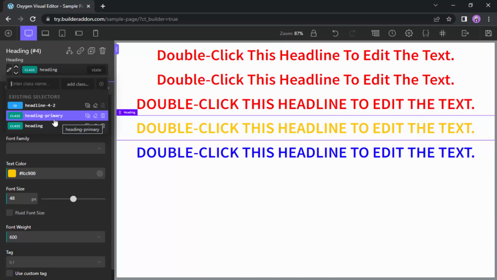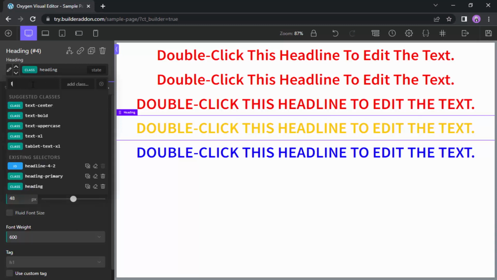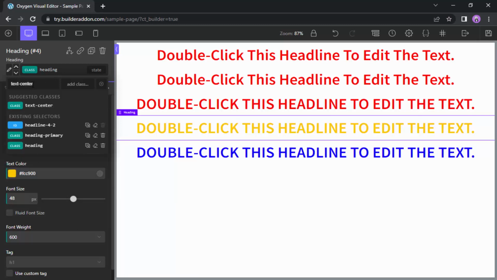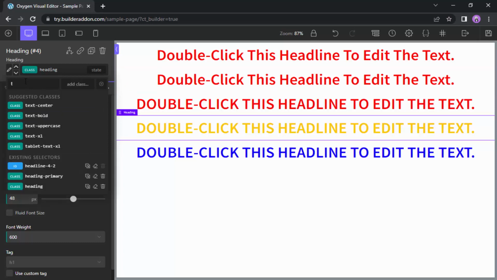in your site. And every time you will want to add some style to any of your elements, you will first have to search for that class name and then add the class to the heading or any other element. And that's why you will first have to remember the class names. And even when you remember the class name, every time you want to add the class, you will have to type out the name here like text, center, and then add the class to your element. Here the class names pop up very quickly. Even if I type T, then all the classes come up. But as your site grows, when you have hundreds of different classes, typing just a letter or two will never give you the result. So you will have to type like 6-7 letters and then you will get the class